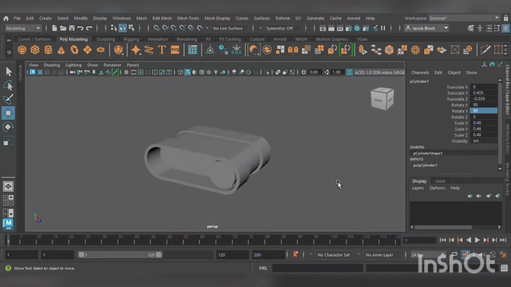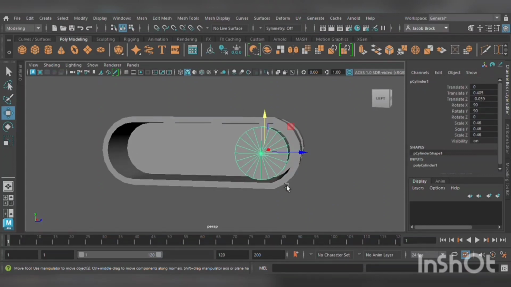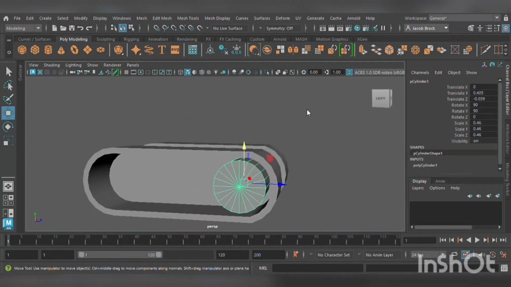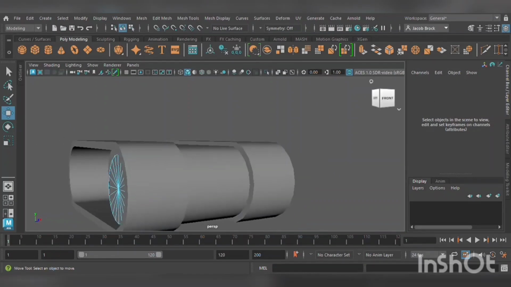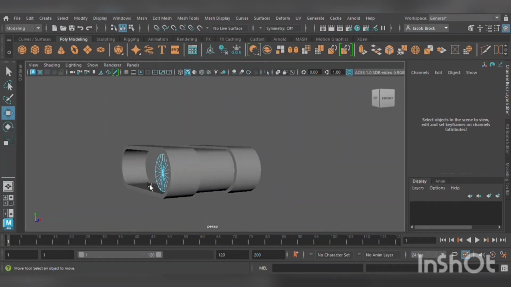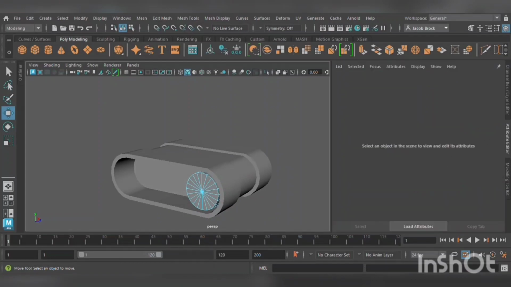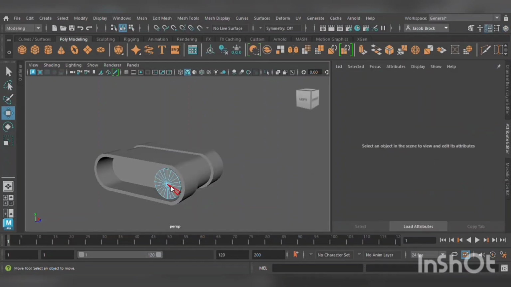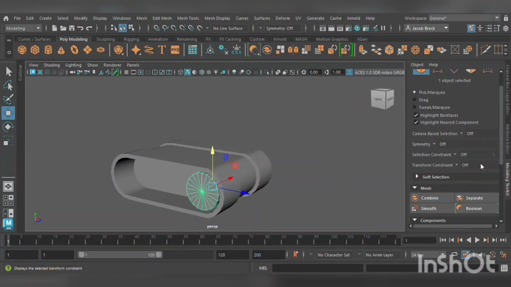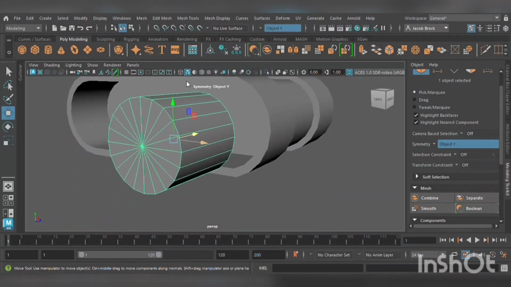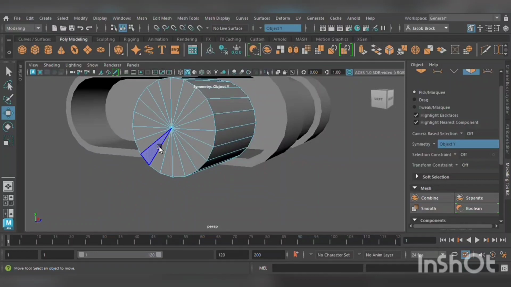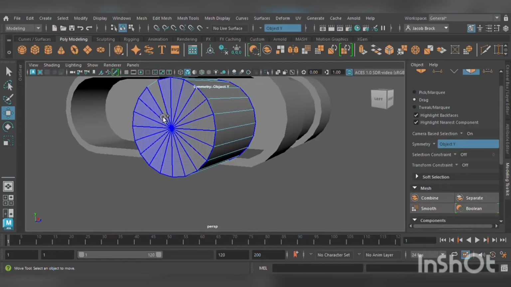And basically what I want to do with this is I want to select all the faces. Hold on, I might as well. I'm going to turn on symmetry real quick. Symmetry helps with this kind of stuff just so you don't have to do the same thing twice. Now let me make sure I have the right symmetry. There we go. So now we're going to select all of these